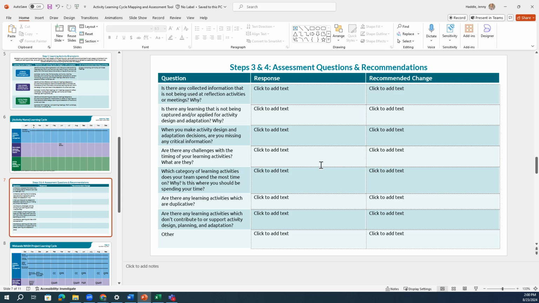Let's take an example. Question 2 asks, is there any learning that is not being captured and or applied for activity design and adaptation? Why? The team reflects and they decide that learning from monthly monitoring visits isn't being captured or used. And they think about why this is and realize that there really is just no standard template or form for guiding the staff member through the monthly monitoring visit, and decide that it would be beneficial to create a monthly